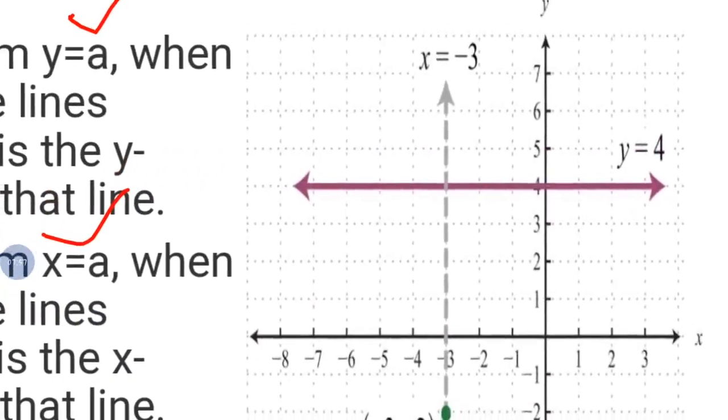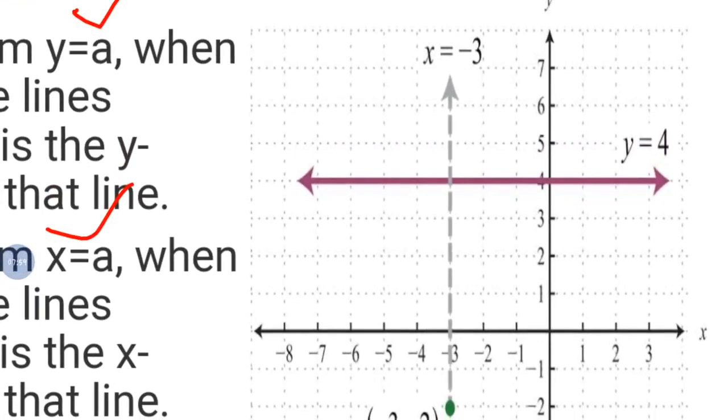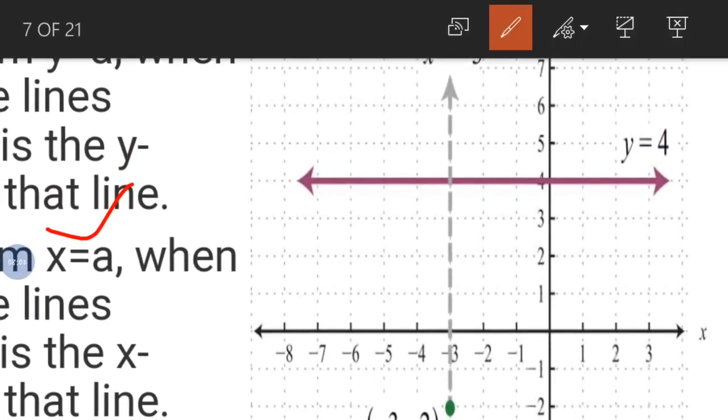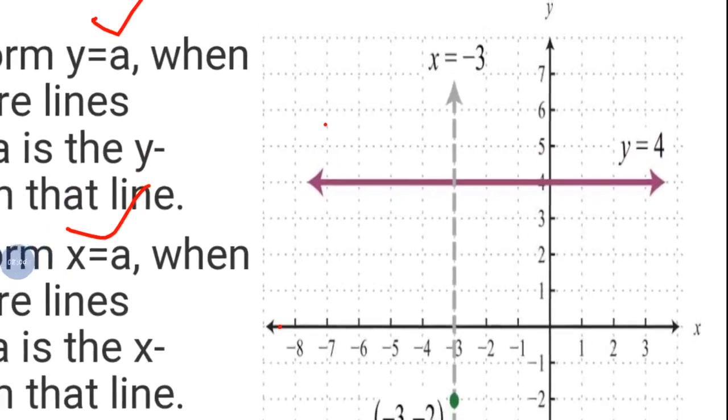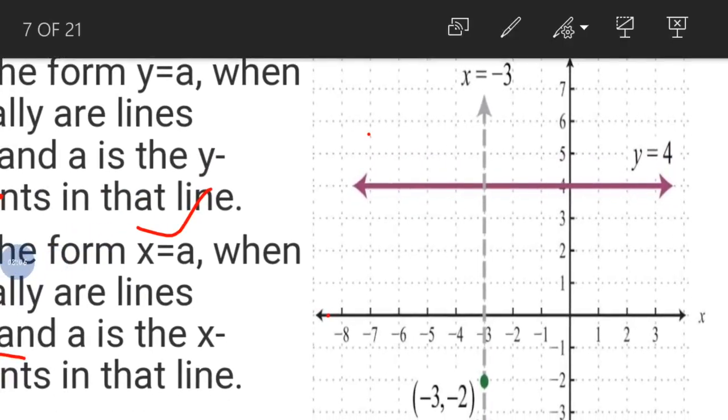So just look at this graph. This is the graph given here. So in this graph, just look at this colored line. This is y is equal to 4, right? Y is equal to 4 and there is no x value. So we will mark y equal to 4 in the sense that this is (0, 4), right? So 0 will be here, 4 will be here. So this will be considered as (0, 4).